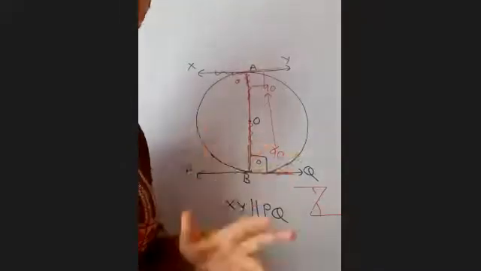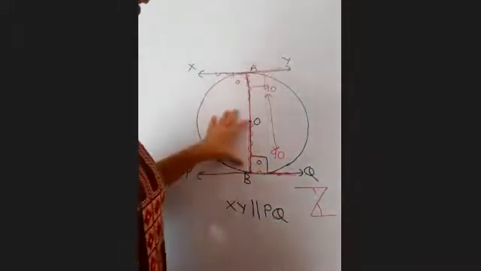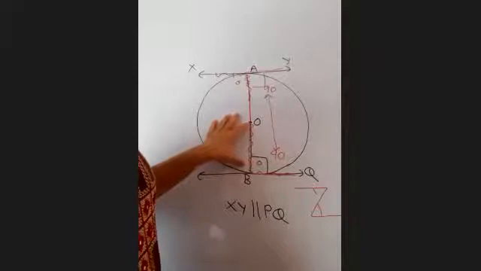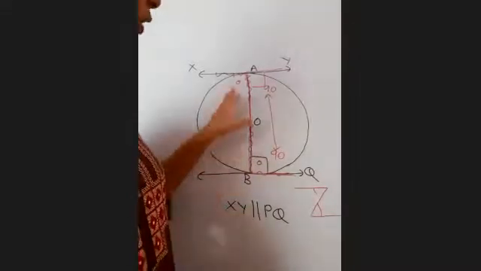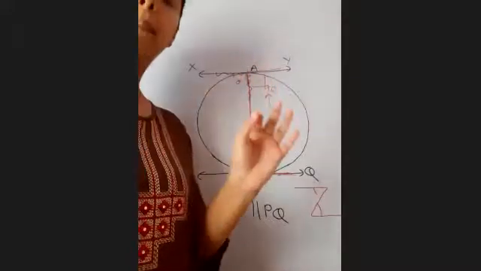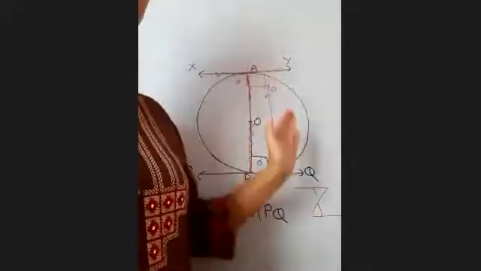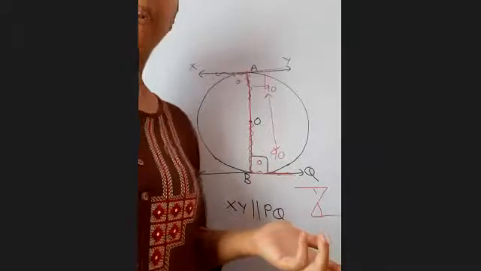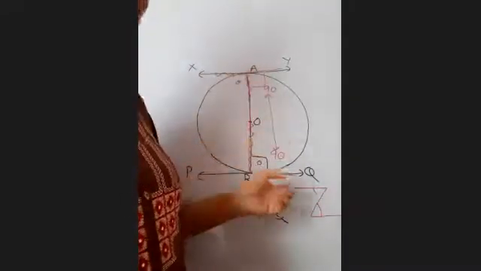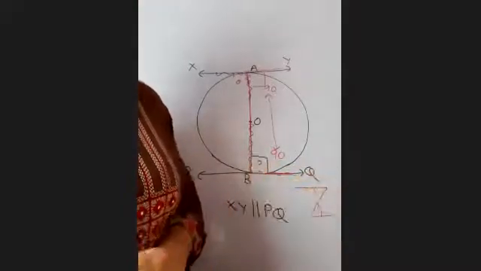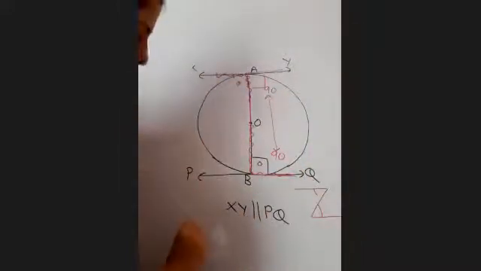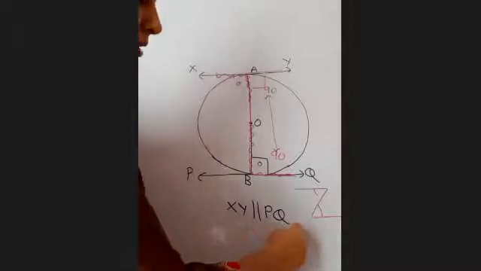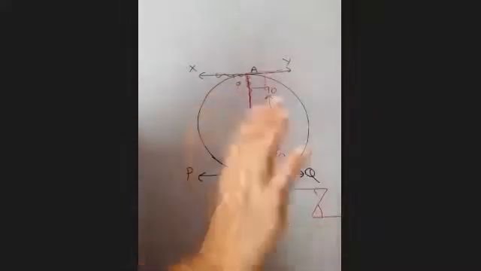Now from here one MCQ question comes. The radius of a circle is 7 centimeter. What will be the distance between its parallel tangents? 14. Radius is 7, so 14. Keep in mind that parallel tangents will always be at the diametric ends. Or vice versa, a 1 mark question comes: if the distance between parallel tangents is 20 centimeter, what is the radius of the circle? 10 centimeter. You just have to write one line that distance between parallel tangents is equal to diameter. Just one line, nothing else. You don't have to prove anything.